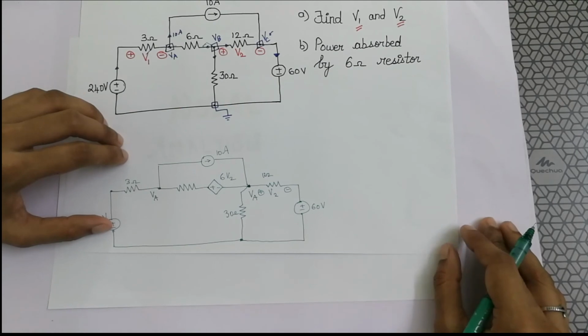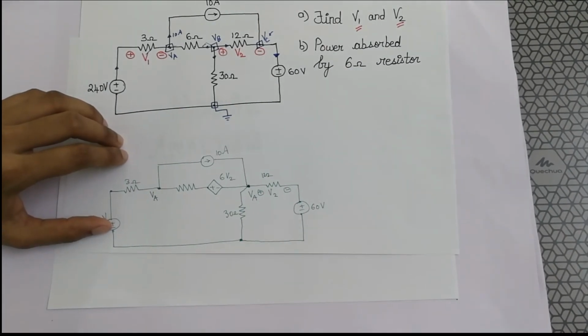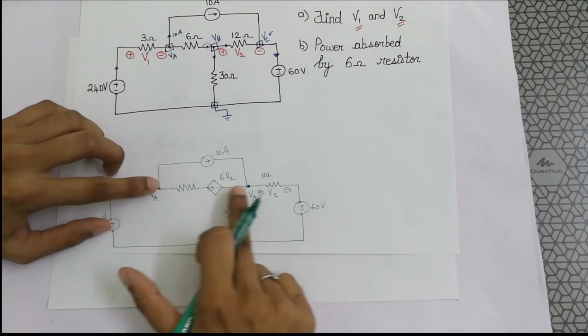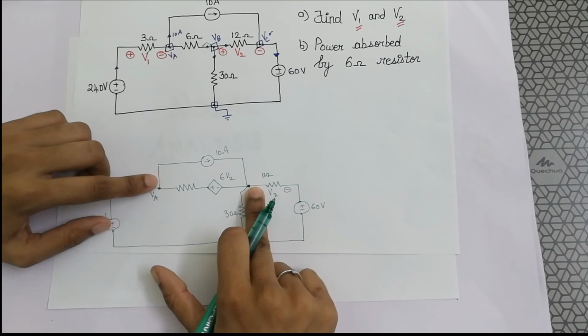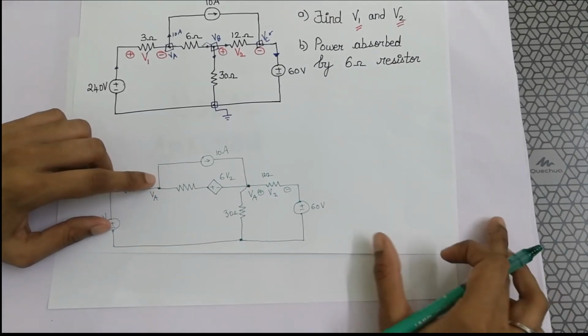Pause this video here. Think for a moment how to put the loop equations for this circuit. For this circuit, you have two elements between the nodes. It's not just one element. In that case, what will be the Kirchhoff's current law equation? Think for a moment and then let me know your answers.